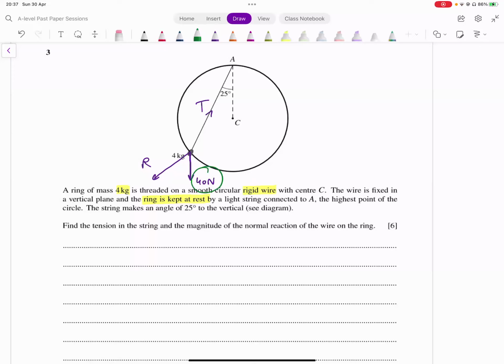Weight is already acting vertically, we don't have to do anything with that. टेंशन और रिएक्शन को रिजॉल्व करने के लिए अब एंगल्स देखने पड़ेंगे। Let's think about those angles now. This is 25 degrees. OK, that's one angle that we are given. अगर हम रिंग के साथ देखें, तो अगर इसी वर्टिकल लाइन इस तरह बनाते हैं ऊपर को, this angle is going to be 25 degrees as well, right? तो टेंशन के कंपोनेंट्स तो हम इस एंगल को यूज करके निकाल सकते हैं, ठीक है।